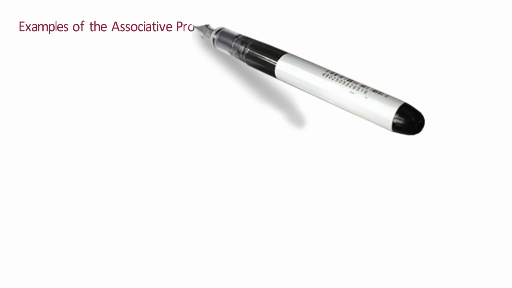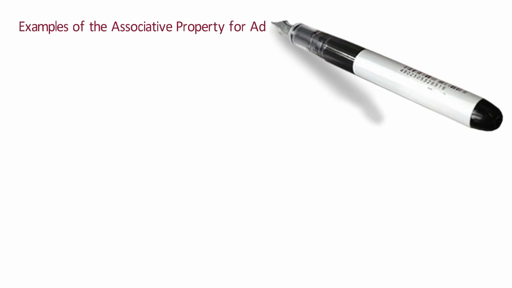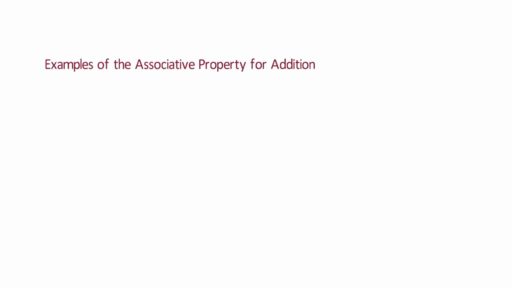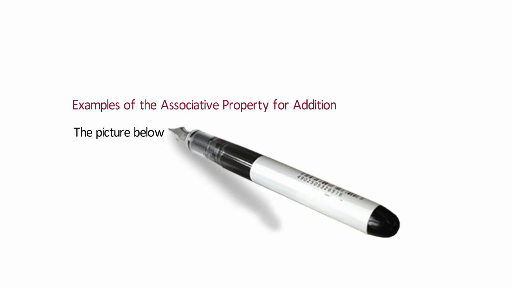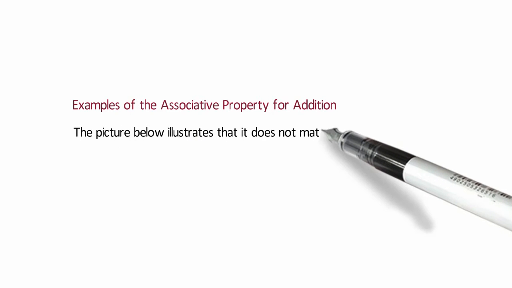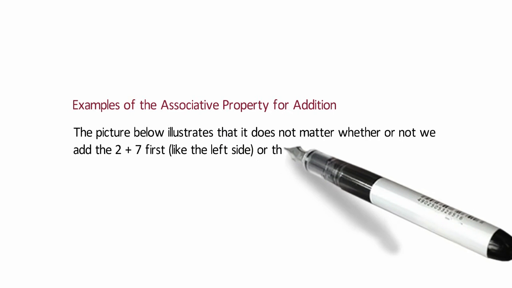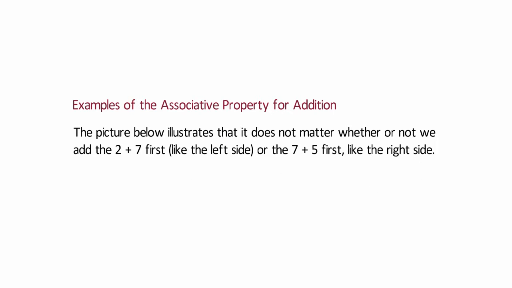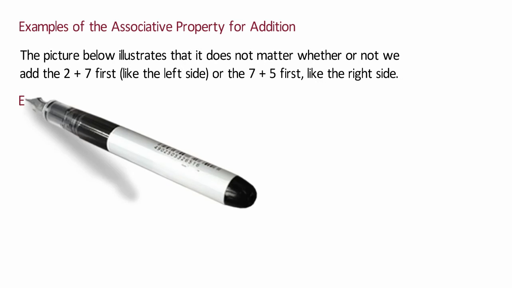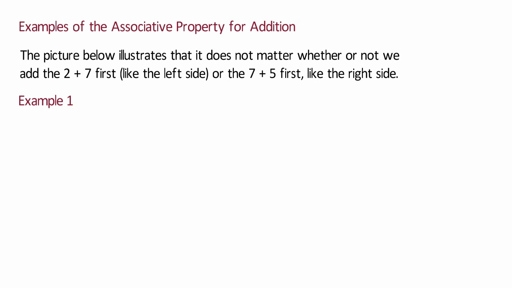Examples of the associative property for addition. The picture below illustrates that it does not matter whether we add the 2 plus 7 first, like the left side, or the 7 plus 5 first, like the right side. For example,